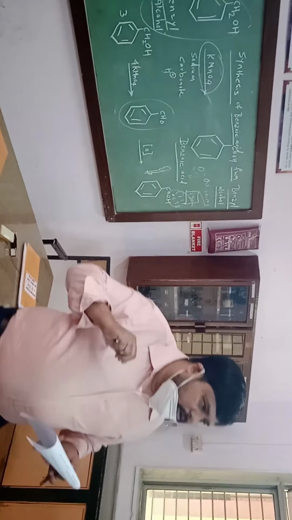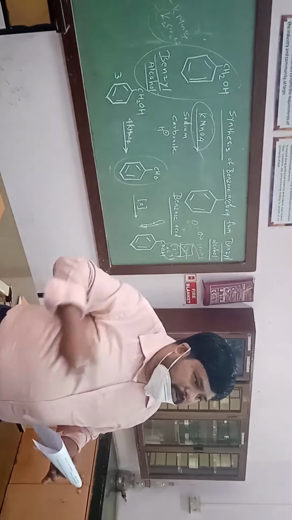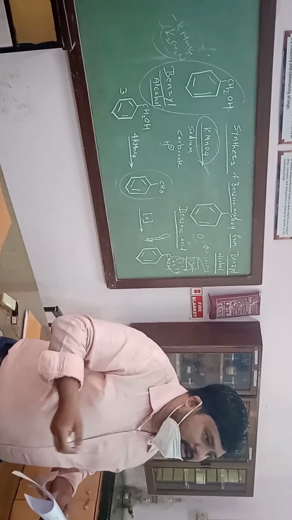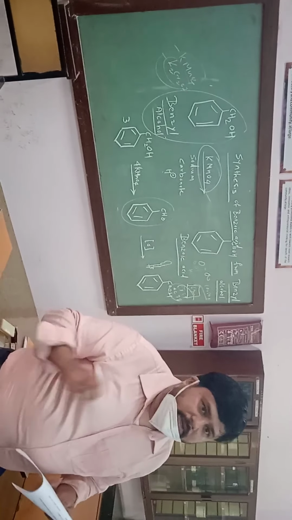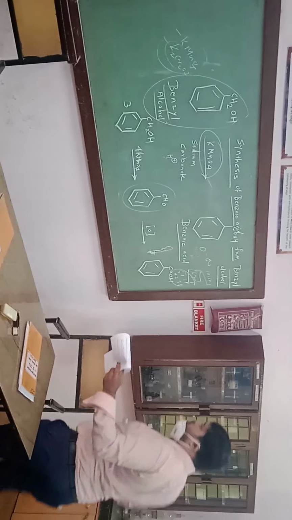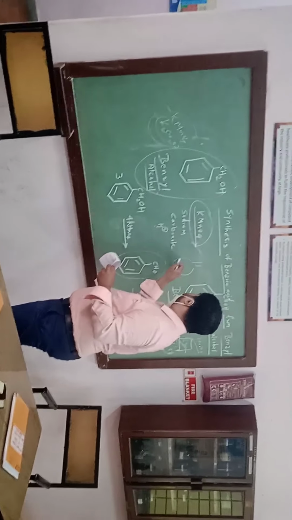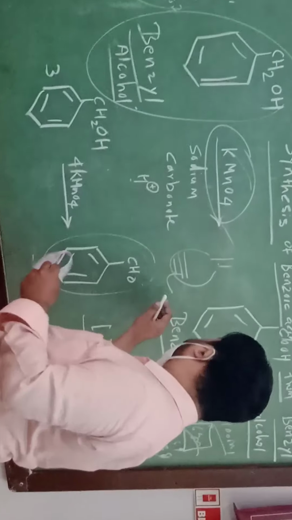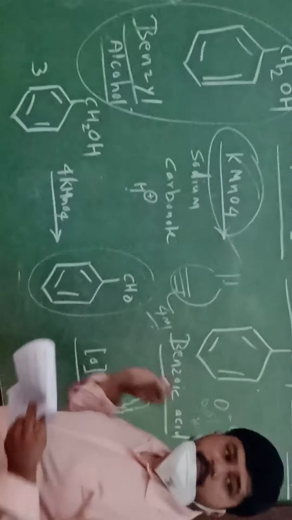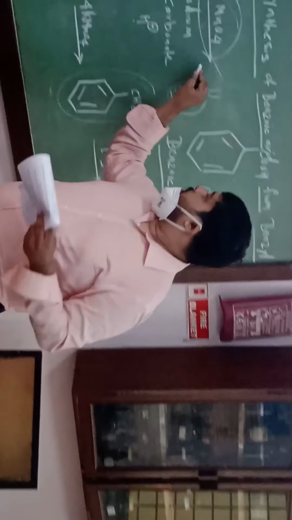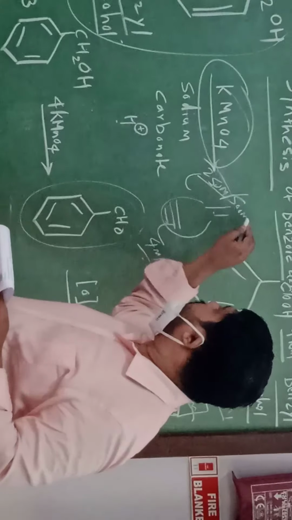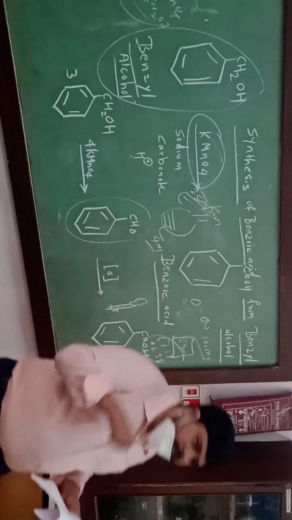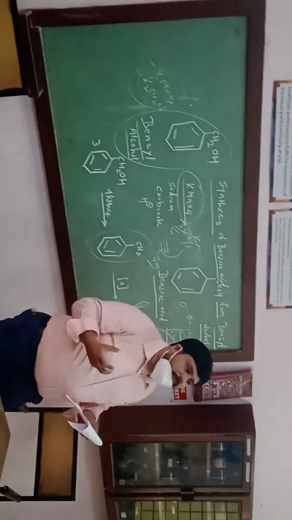Not necessarily exactly 4 ml. Whatever amount you can withdraw, it might be 4.1, 4.2 or 3.9, 3.8, whatever it is. We don't require the exact volume. So don't try to pipette out and adjust the volume. Using the rubber bulb, you take whatever 4 ml or 3.7 ml you withdraw. Take it in a round bottom flask, RBF. I will show you what an RBF is.